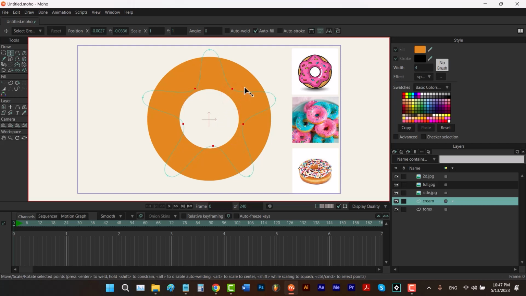By holding down the Alt, I can do it from the center to make it look like my reference. Then I hold down the Control and select one of these points, and by holding down the Control and Shift, I can add to my selection. So I select the other points. By holding down the Alt,